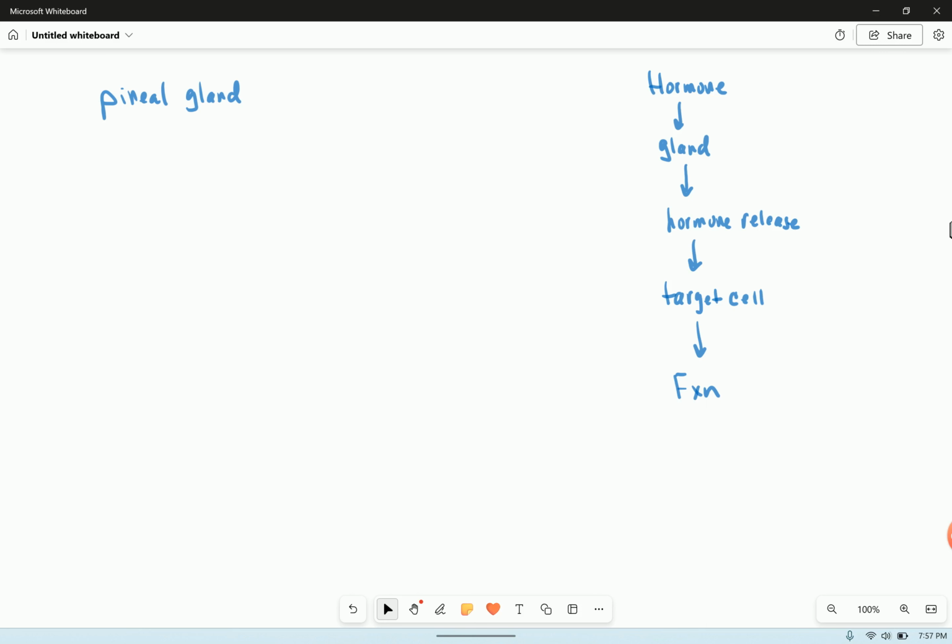Okay, so the pineal gland releases melatonin, and melatonin helps with sleep. Okay, actually our sleep-wake cycles. And that's called our circadian rhythms. Melatonin